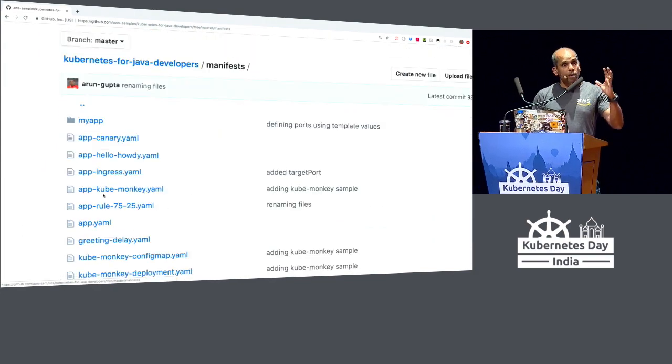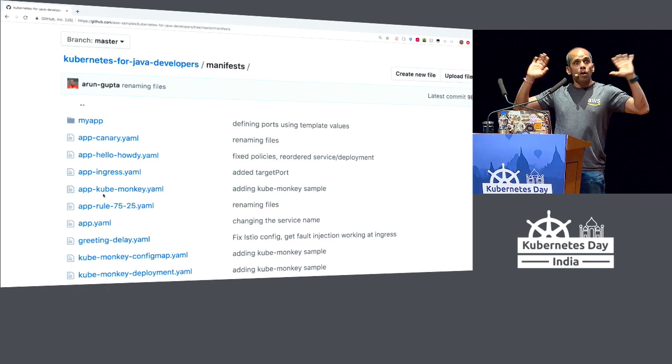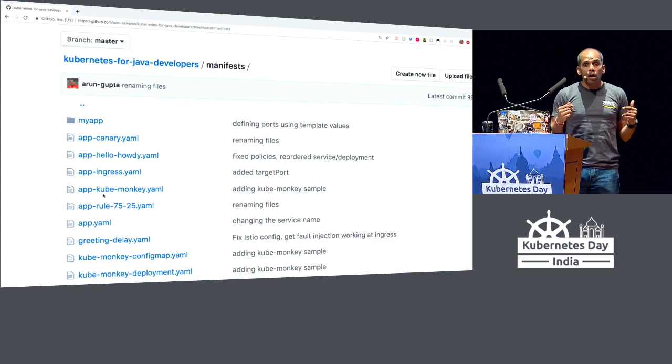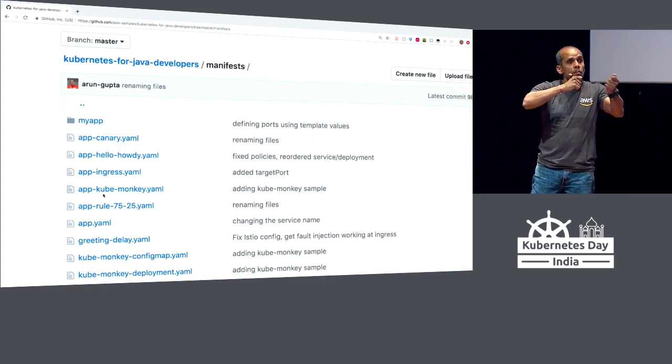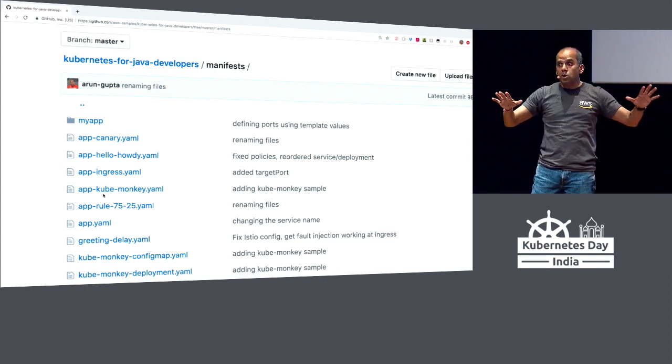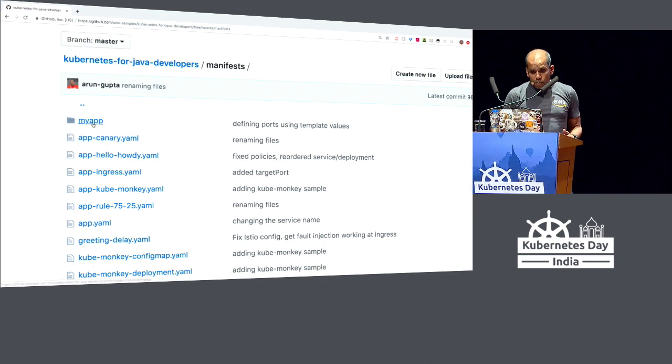Now I'm looking at, okay, I got one manifest, but I really want my application to have multiple of such manifests. So how do I manage that? How do I templatize that application so that I have some sort of consistency across all of those manifests in terms of labels, in terms of naming? So go to my app here,